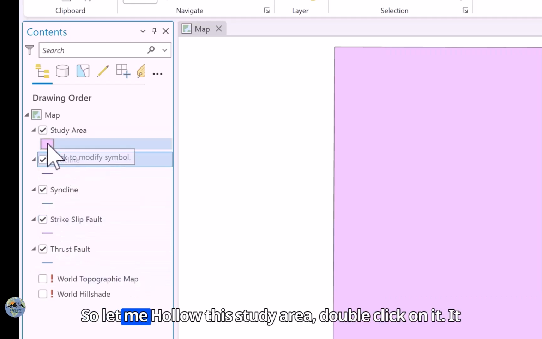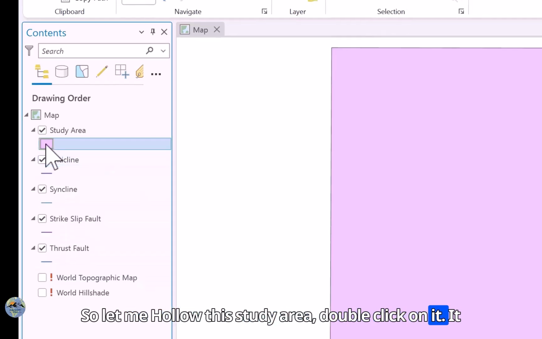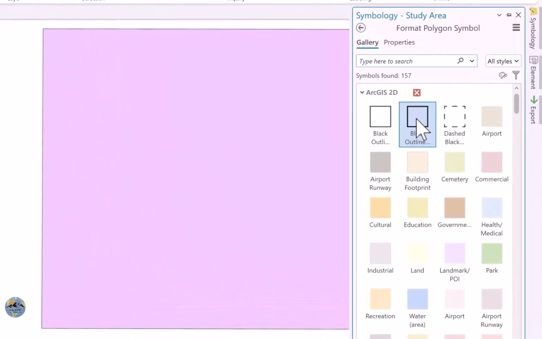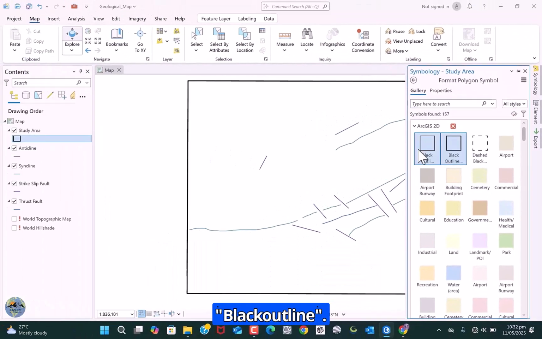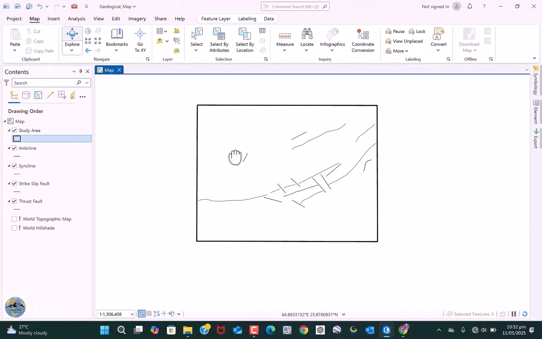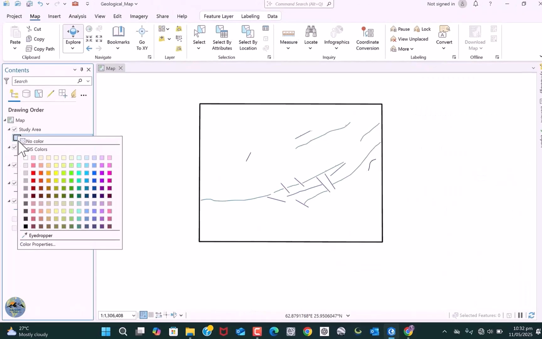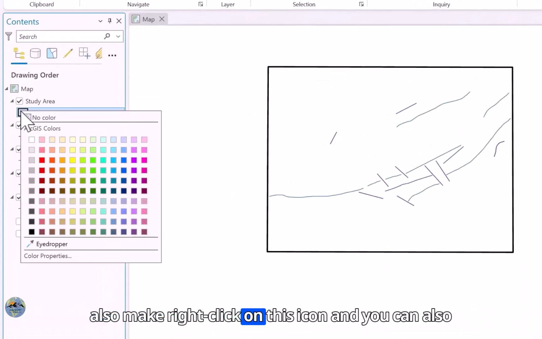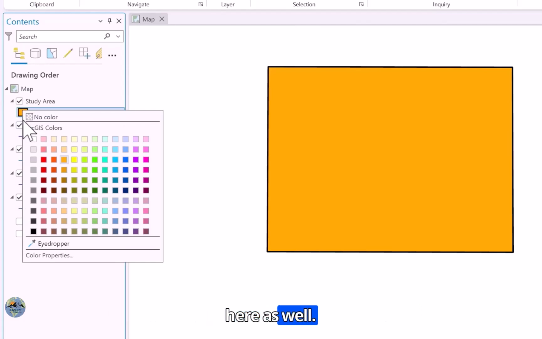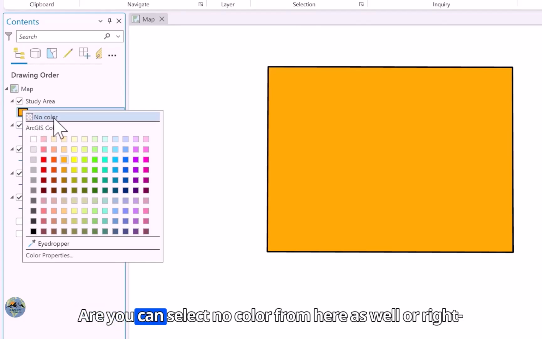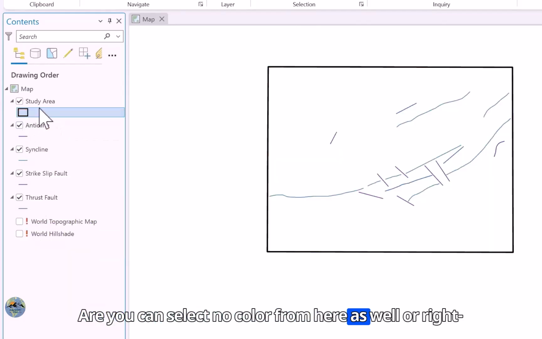So let me hollow this study area, double click on it. You will access the symbology from here and then select black outline. You can also make a right click on this icon and you can also select the color from here. You can fill the color from here as well, or you can select no color from here as well,